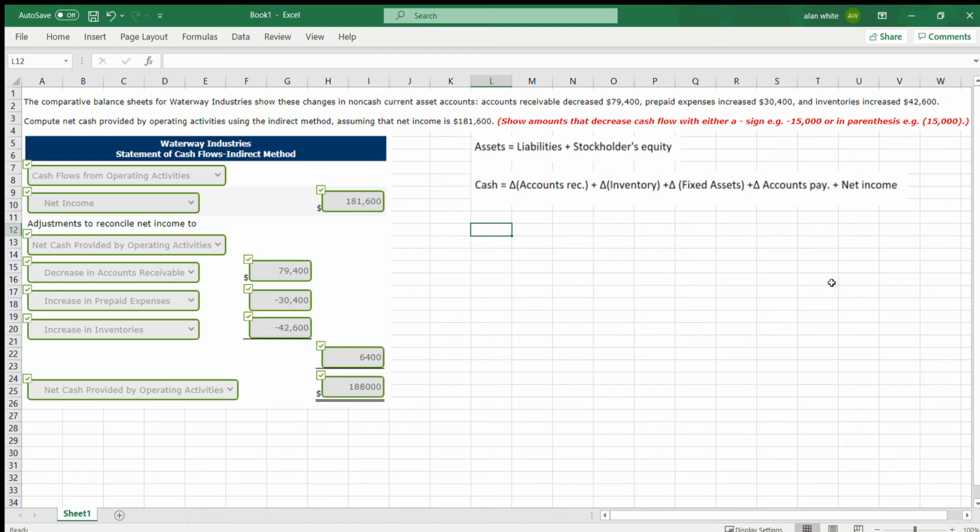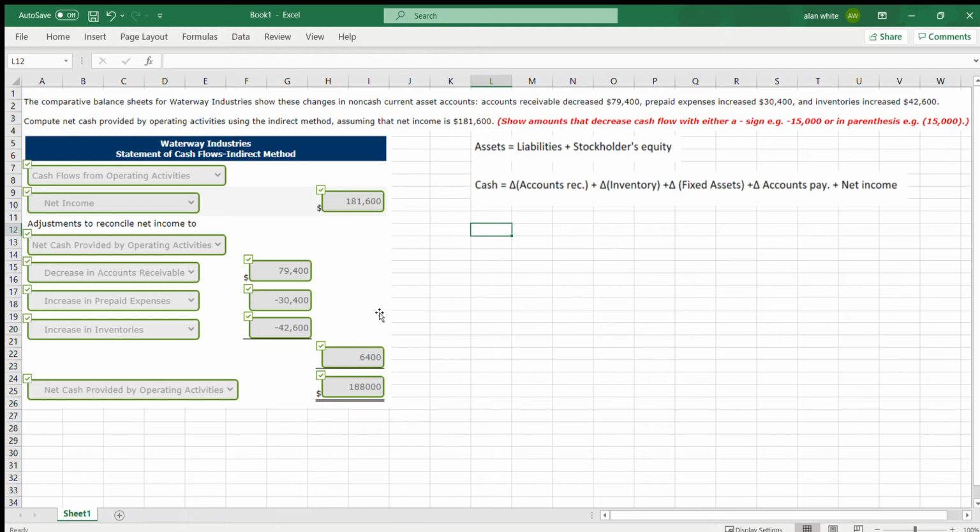Right, so the first thing to notice here is that it's asking us to create a partial statement of cash flows for our operating activities. Operating activities is the most important section on the statement of cash flows, as opposed to investing and financing. And so it's asking us to find here at the bottom the net cash provided by operating activities by using the indirect method. And in order to understand how to do this, the difference between the direct and indirect method,